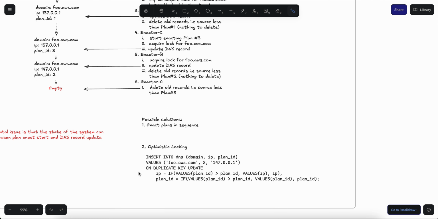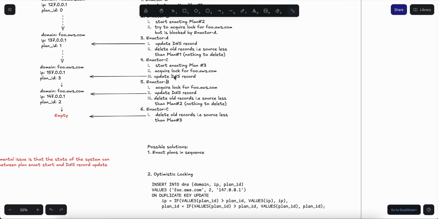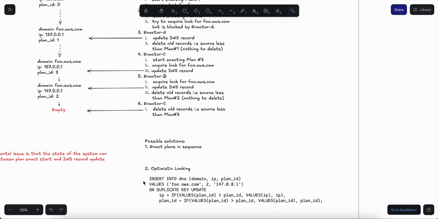Another thing that they could have done is to explore an optimistic locking solution. Essentially, in this case, whenever we're executing a statement to update a DNS record, we need to add some extra checks so that the particular record is only updated if the plan we are trying to insert is greater than the plan that the current record points to.